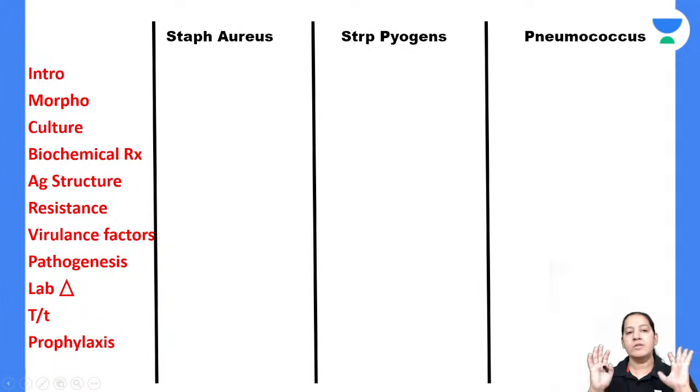Give me a minute. Okay, so can you see here in this page I have taken only three bacteria. I request all the students to take their notebook, to take their pen along with the lecture right now, and while watching the lecture listen to the lecture also and make these tables also. Once you make these tables for all 40 bacteria, then at the end revising bacteriology will be fun for you. You can revise entire bacteriology in just 1 hour if you are making these tables with me. So I request all the students to make these comparative tables of all bacteria with me.